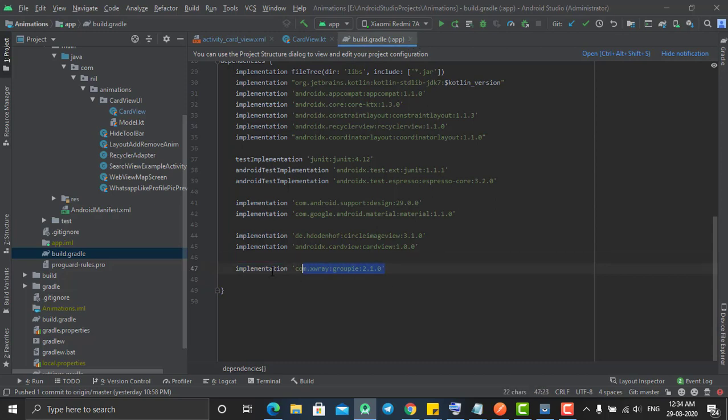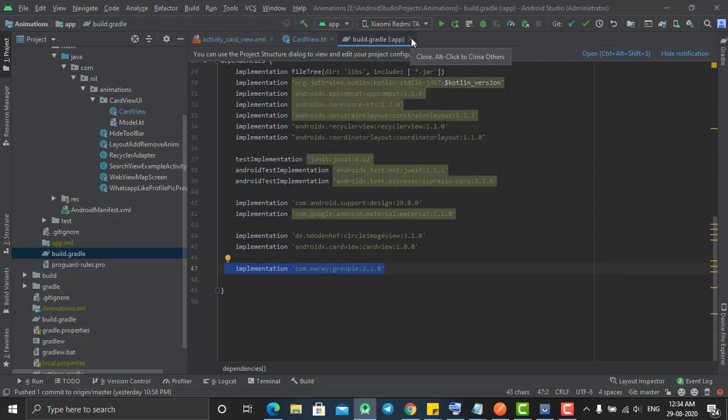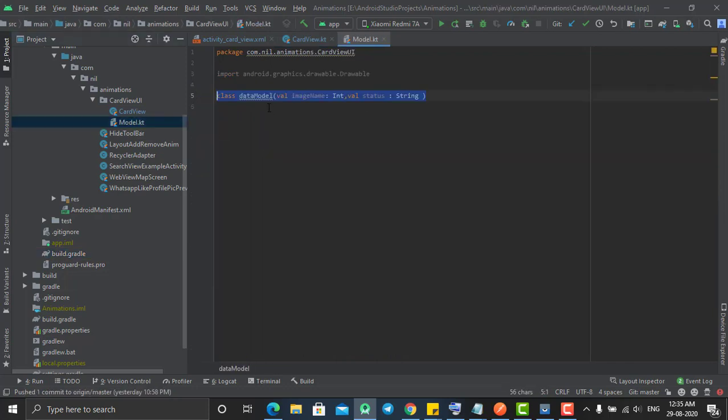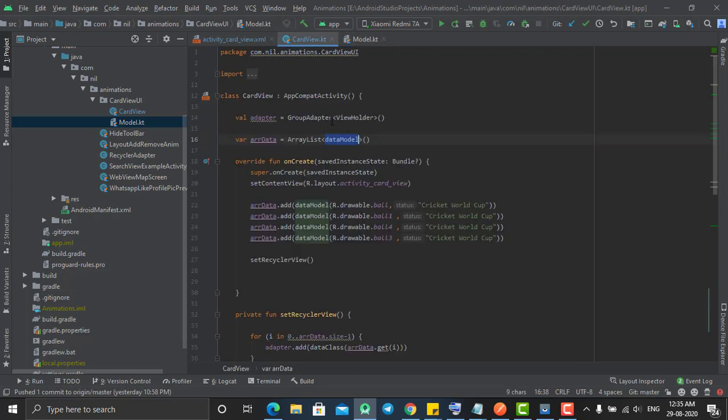Basically, without this library, we can also do the same thing, but it will increase our number of lines of code. So instead of that, let's use this library to minimize our code. This is a library created by Google, so it's valid to use. Once you do that, it will by default give you an adapter by using group adapter, right? So this is our adapter in which we'll load the data and attach to our XML file. And I had created the array of the data model class we created here. The array of this class has been declared here, so the declaration part has been completed.